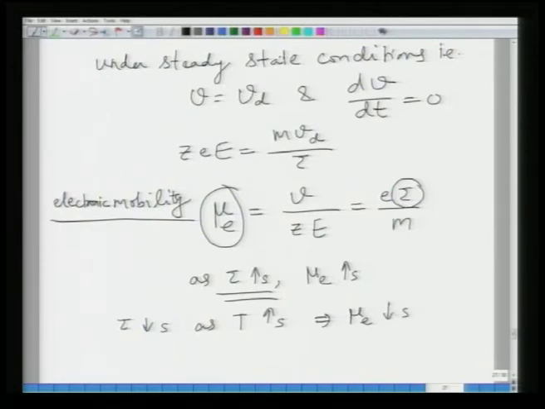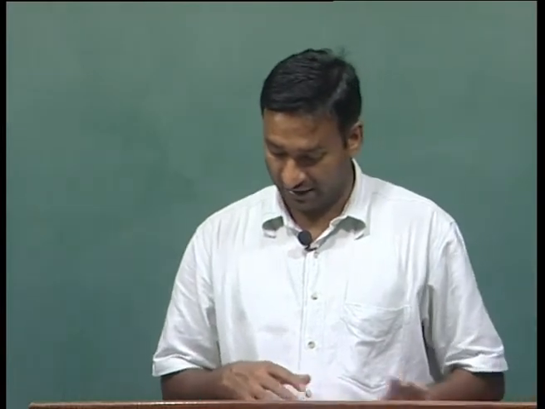And this relation goes as T to the power minus 3 by 2, and similarly tau decreases as impurity concentration increases. So, in a metallic system, as the temperature and the impurity concentration increase, the relaxation time decreases. As a result, the electronic mobility decreases, and that is why in metallic systems you see that as you heat the solid, the conductivity goes down, because conductivity is proportional to the mobility.